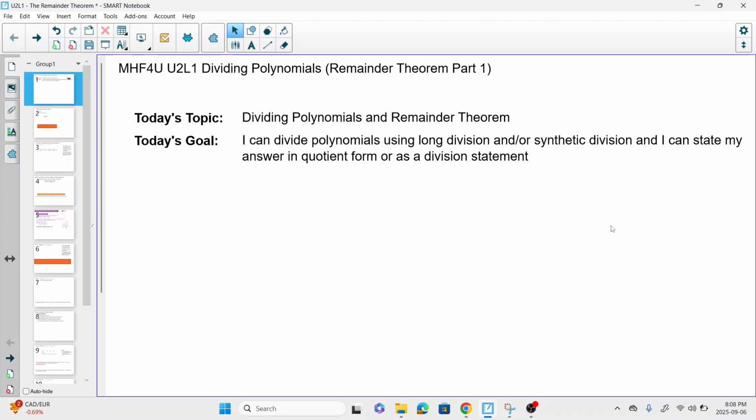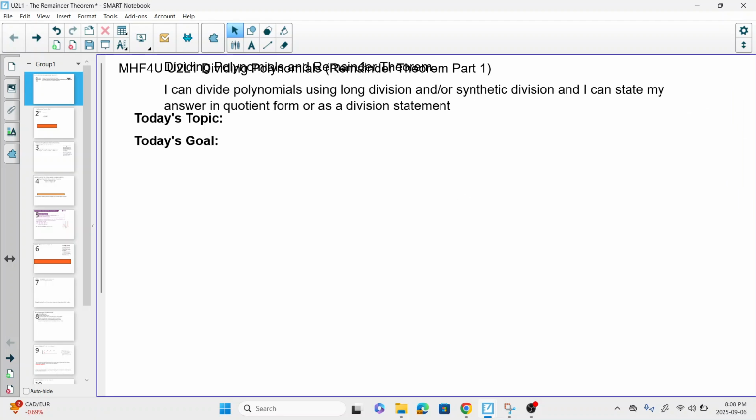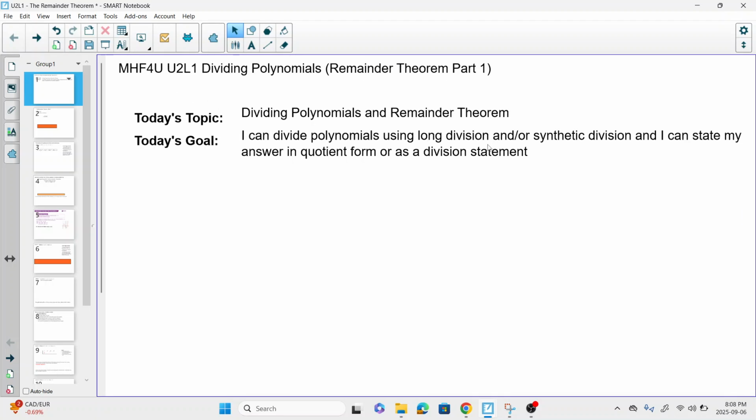Okay guys, we are here for the first lesson of Unit 2. Unit 2 is all about polynomial functions and their equations and polynomial inequalities. So today's topic is, well, it's a bit of a long one, but today we're going to focus on dividing